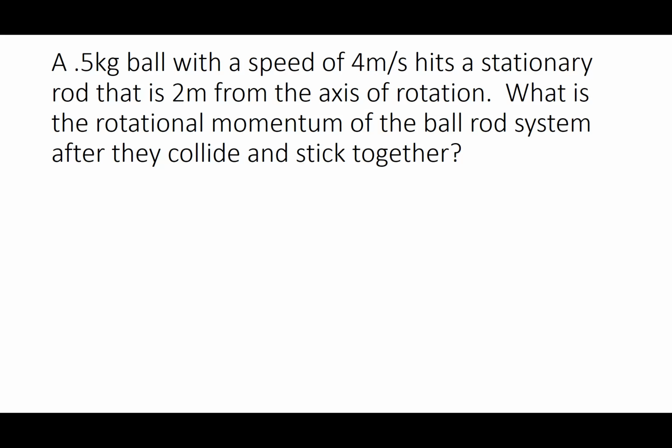So a 0.5 kilogram ball with a speed of 4 meters per second hits a stationary rod that is 2 meters from the axis of rotation. What is the rotational momentum of the ball rod system after they collide and stick together? Oh, that sounds like so much work. But the momentum before equals the momentum after. So all I have to do is find the momentum